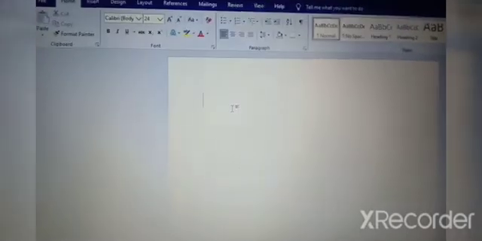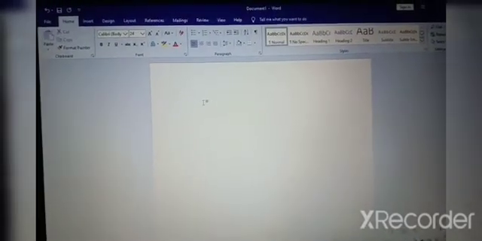Okay, now see, you can see one blinking line on the screen. Okay, this blinking line is called a cursor. Okay, it is your insertion point from where you start typing. Understood, children? See. Okay, this blinking line is where you start typing. Now we will start typing from here.